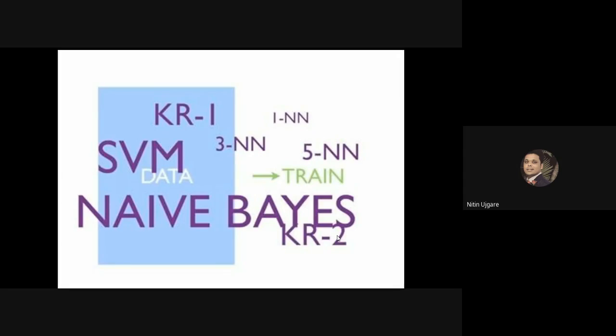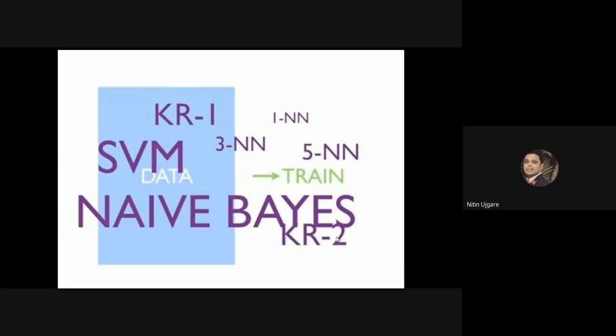Let me just recap. What is our problem? We have to decide which model to select from the list of available models, and for that purpose we are using the cross-validation technique. The problem of choosing which algorithm to use from a pool of possible machine learning algorithms is known as model selection. We want to choose the model that will work best at test time in the real world. But all we have to use is a fixed data set.